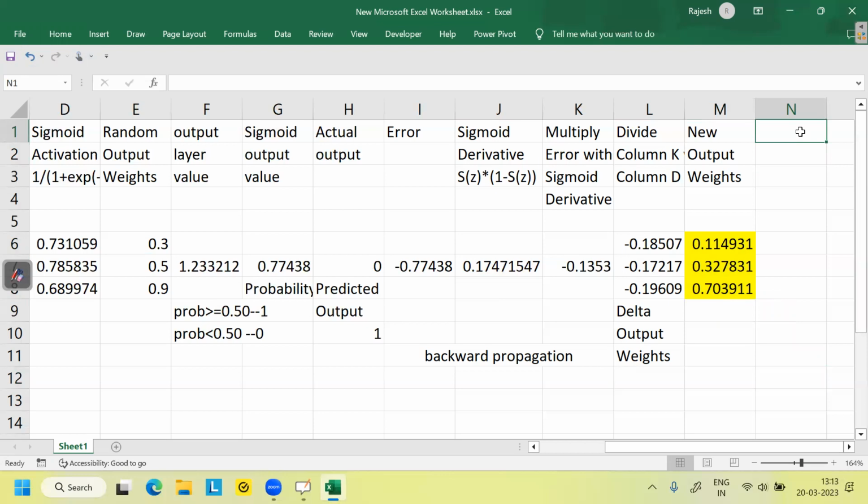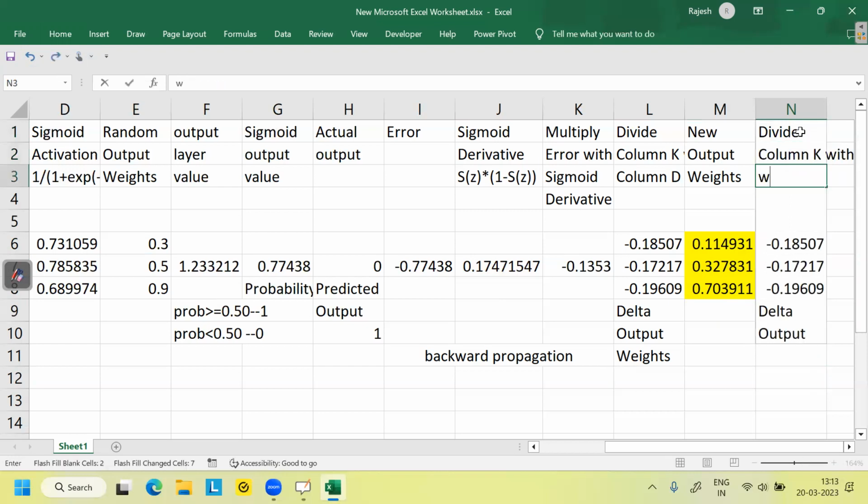Now, input weights. Divide column K with,